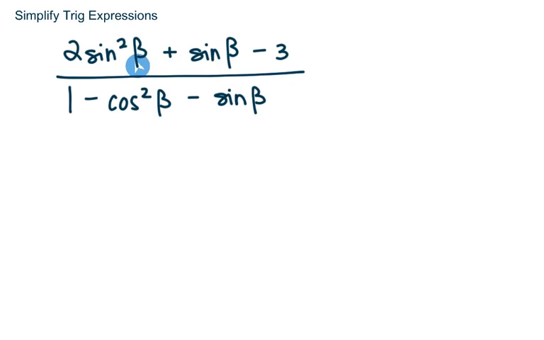We've got 2 sine squared beta plus sine beta minus 3 divided by the quantity 1 minus cosine squared beta minus sine beta. So there's a couple of things I noticed. The first thing I noticed is my numerator looks quadratic, right? This guy looks like ax squared plus bx plus c. We have a quadratic term, a linear term, and a constant term. So I might be able to factor my numerator with a u